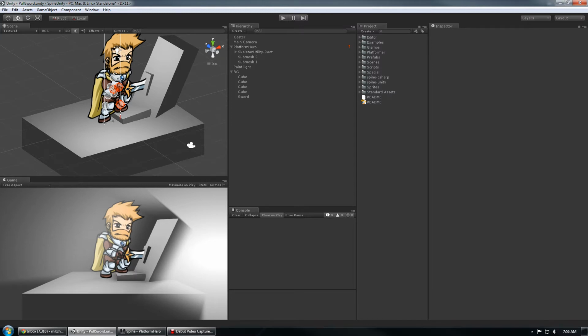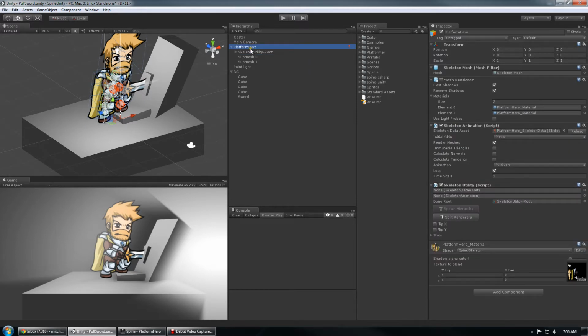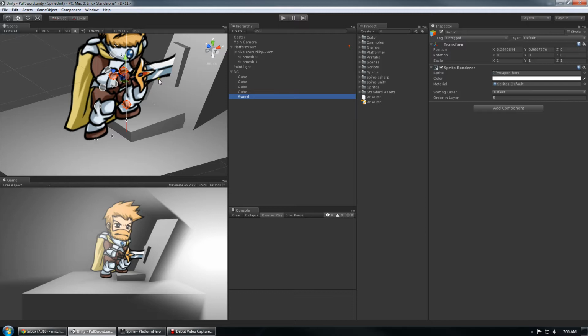Okay, this is sort of a shakedown for all of the current skeleton utility features. I'm just going to dive right in here. The first thing I'm going to show is the functionality of the SkeletonUtility submesh renderer. And this is a way to merge elements of your scene graph, such as the sword here, which is actually